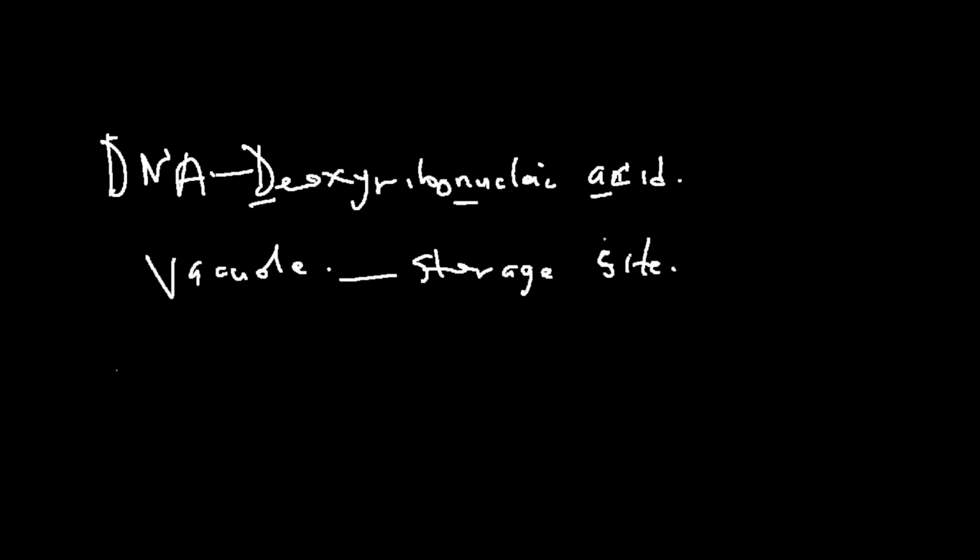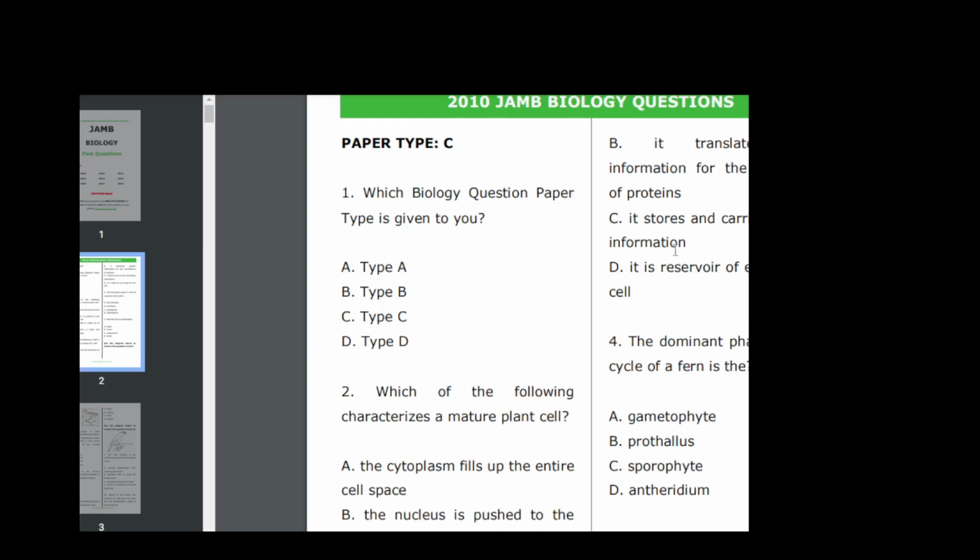I called it a storage site. It is in the vacuole that every organism has its materials stored, be it nutrient materials or waste materials. So that is where the cell has it stored. So for that particular question, the answer is D, because the question is asking us to